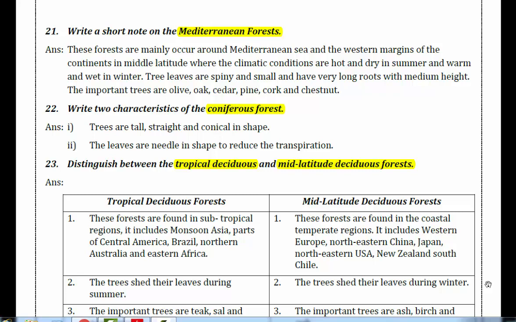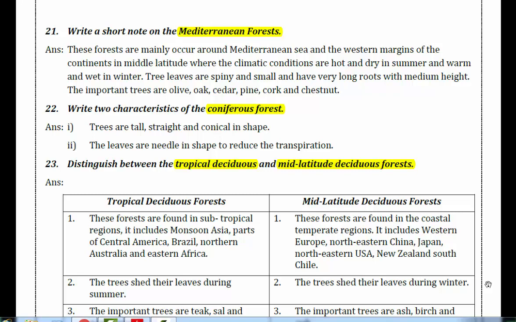Okay. As you are going to have a class test, isn't it? In the next class, most probably, if I am not mistaken, let us revise together some of the notes and exercises of your chapter 2. I think in the previous class, we have revised together up to question number 20, isn't it? So today let's start with question number 21.